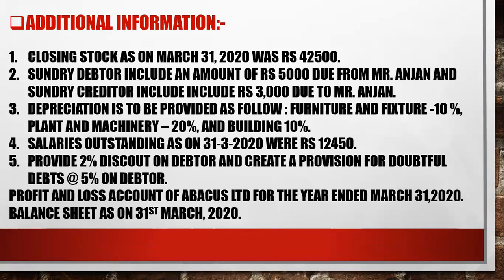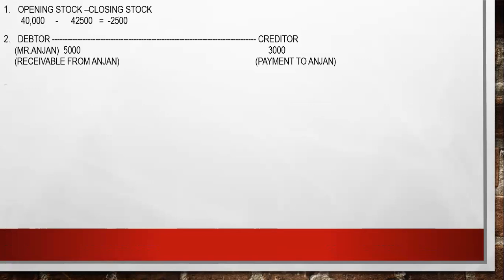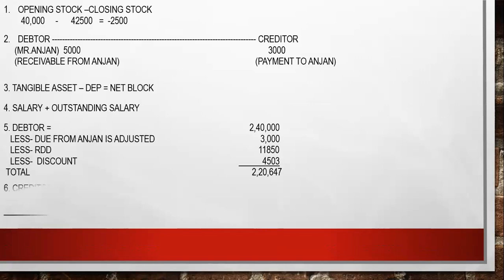The amount is here, you can find this over here. So this is the amount you can see. अदर टोटल का जो आपने टोटल मारा है उसमें आपको ये दो चीजें ऐड करनी. You have to add 11,850 more and discount to debtors 4,503 rupees. You have to add this also. Clear? So now how much are you getting in other expenses? Just let me know.